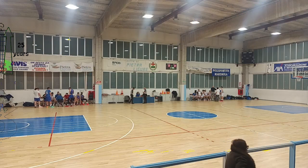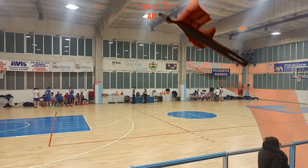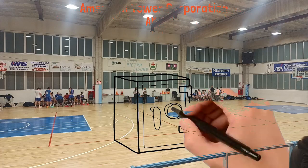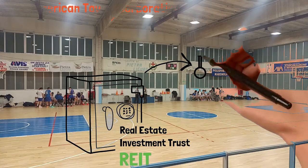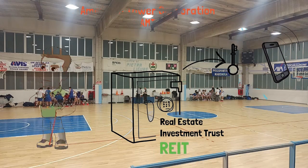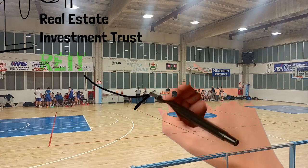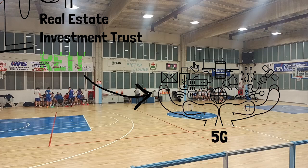Next up in our portfolio is American Tower Corporation with the ticker AMT. This one isn't your typical stock. AMT is a real estate investment trust, or REIT, which means it owns and manages properties, specifically the cell towers that keep our phones connected. And why have I included a REIT like AMT? It's a way to tap into the growing demand for digital infrastructure thanks to the rise of 5G and data